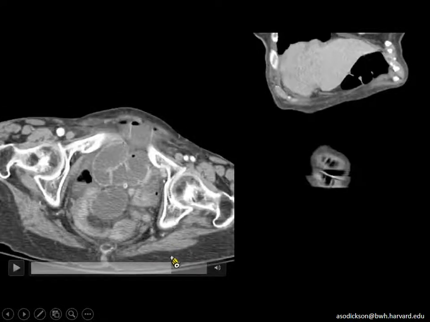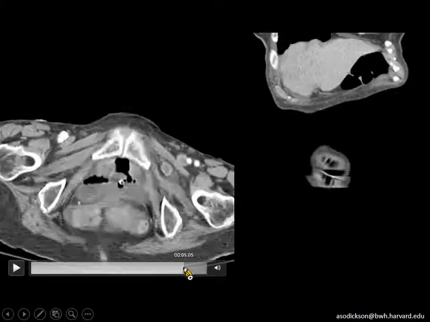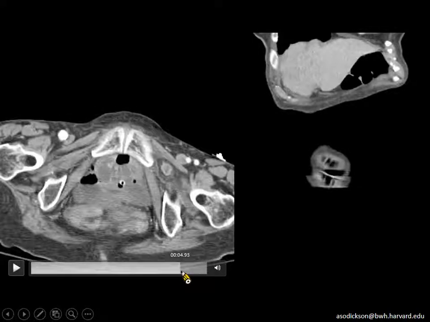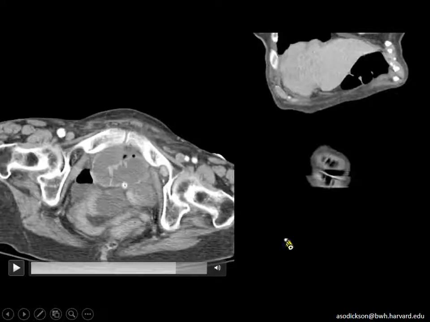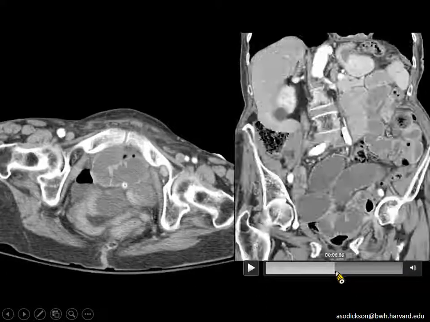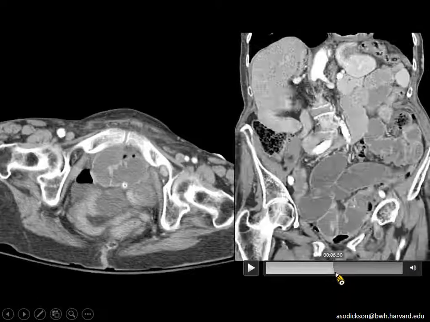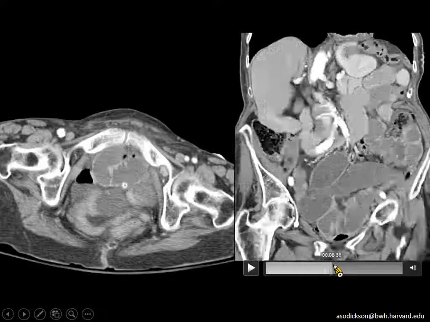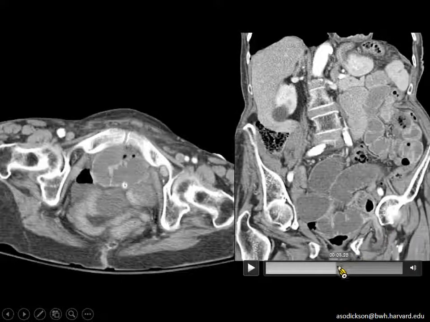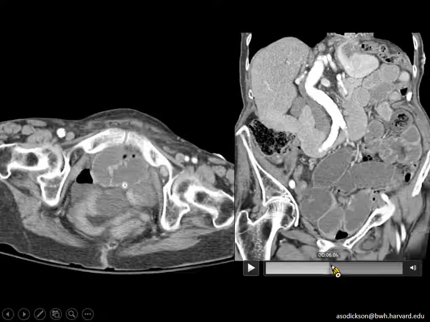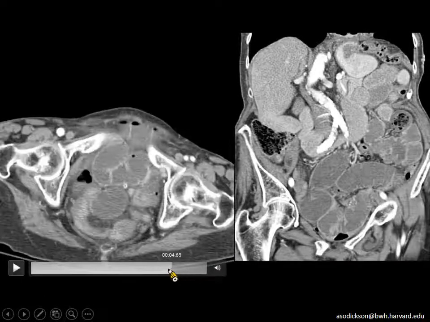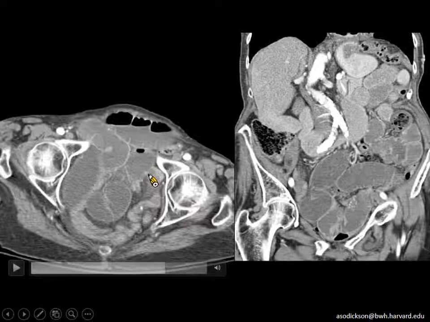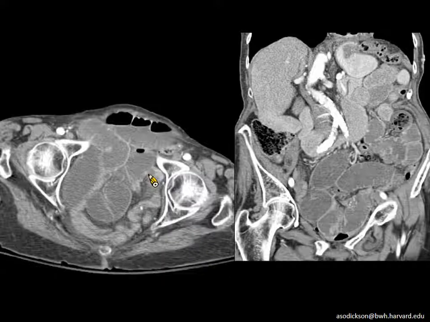And here we have two very narrow loops of bowel leading into this obturator hernia immediately beneath the superior pubic ramus. Here it is here on our coronal images. You can see right here is our transition point coming into this very small knuckle of small bowel in this obturator hernia, and we have decompressed loops coming out of that hernia and coming back into the abdomen. So again, single point of transition here,